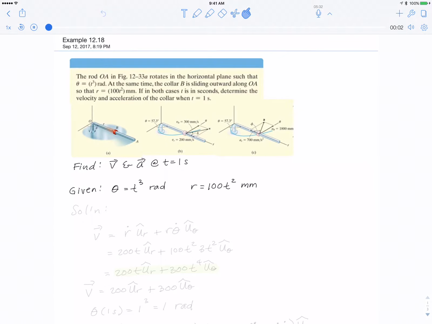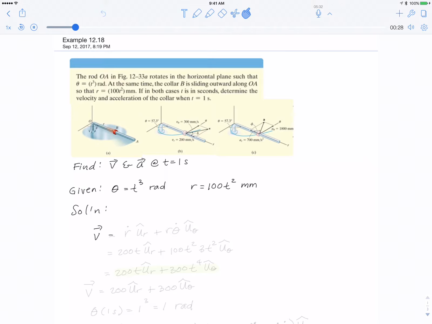This example is a relatively straightforward polar coordinate example. We're asked to find the velocity and acceleration at a time of 1 second, and we're given both the angle and the radius as functions of time. So we'll just need to take some straightforward derivatives with respect to time. So the solution will be